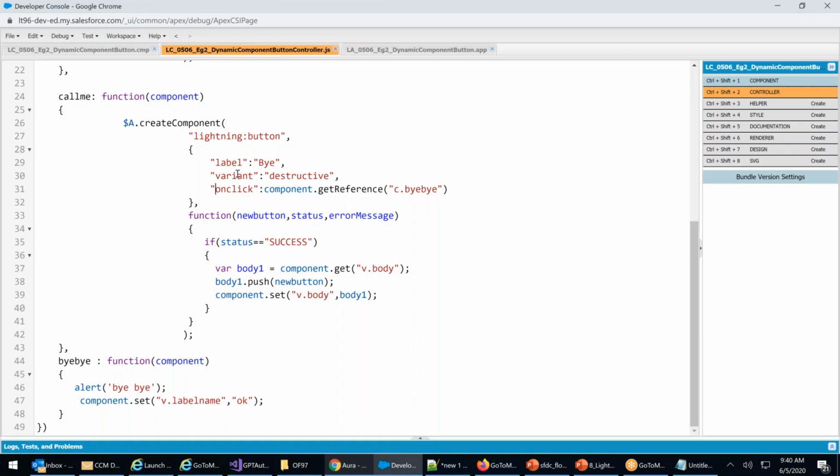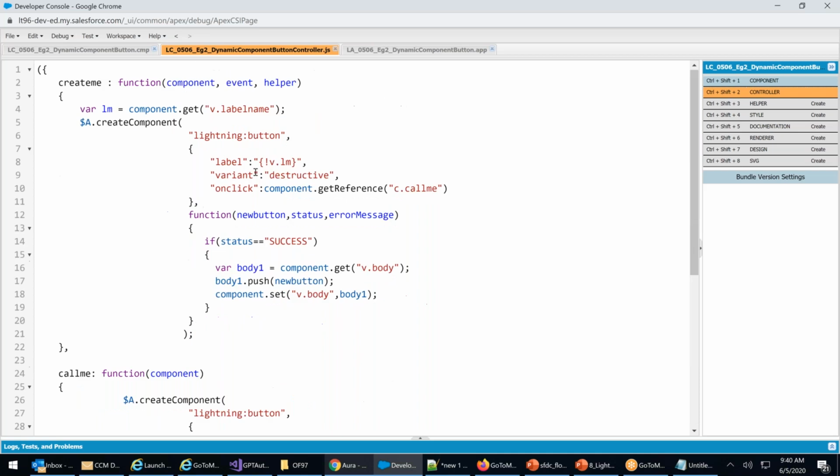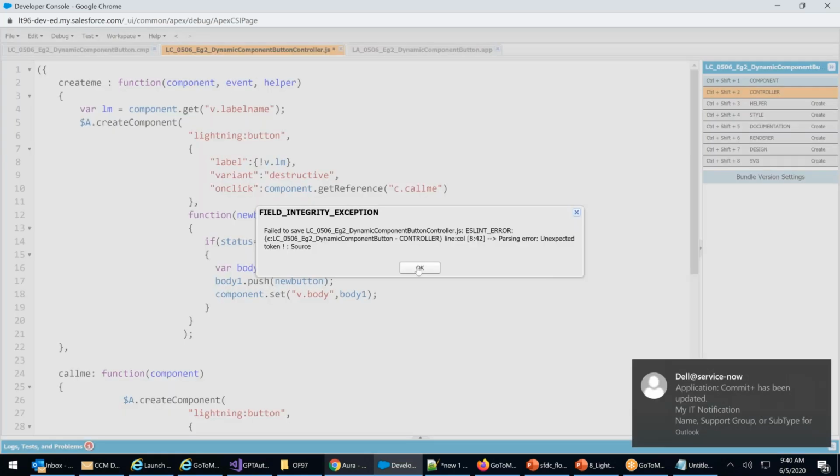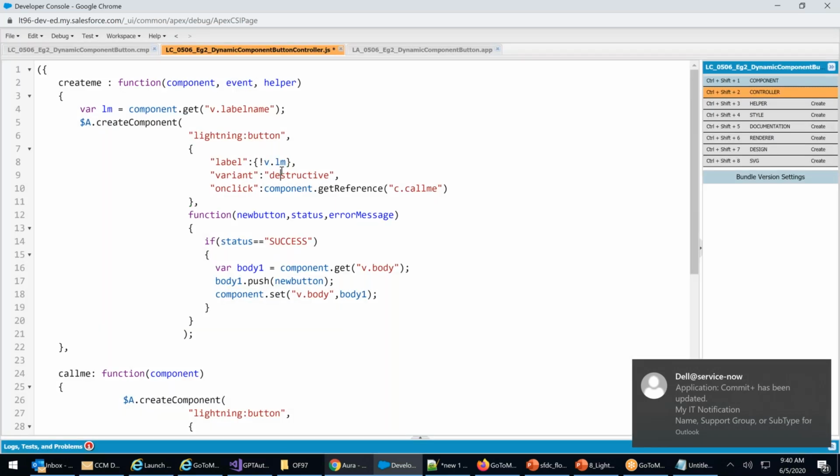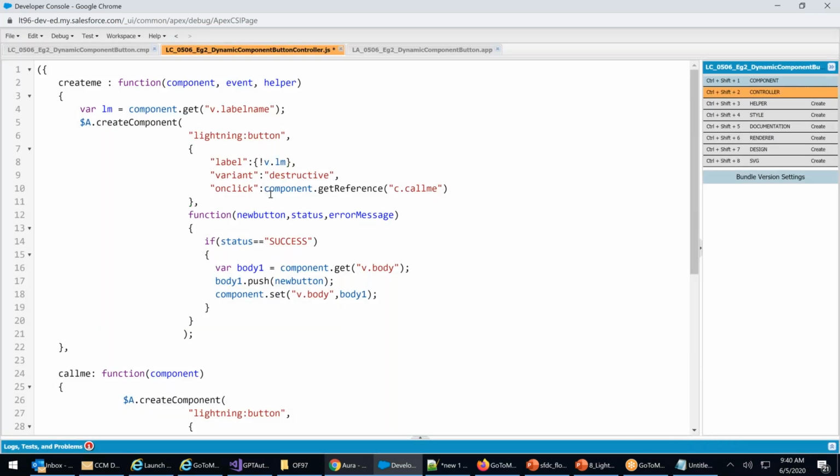Create. The system is not taking it. I gave what? Let's go here. Dynamic. Sorry. Control S. Parsing error.